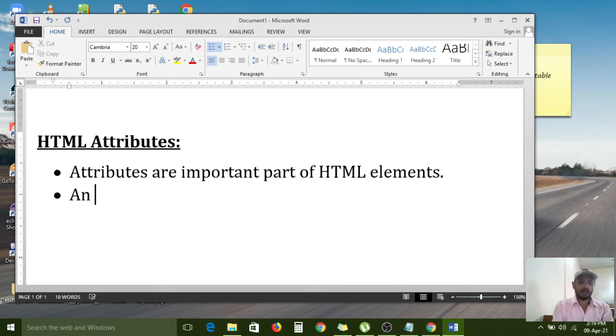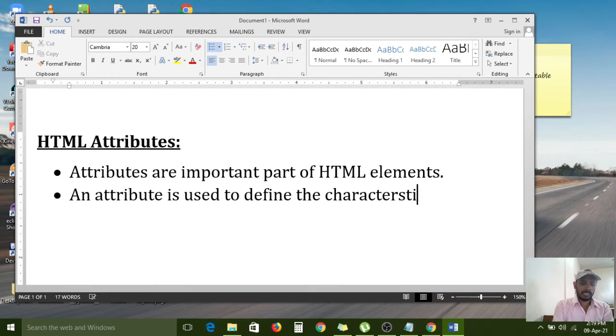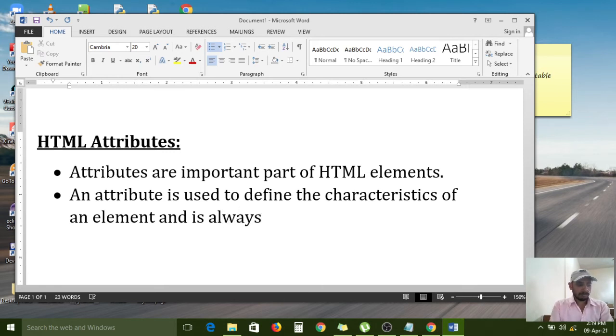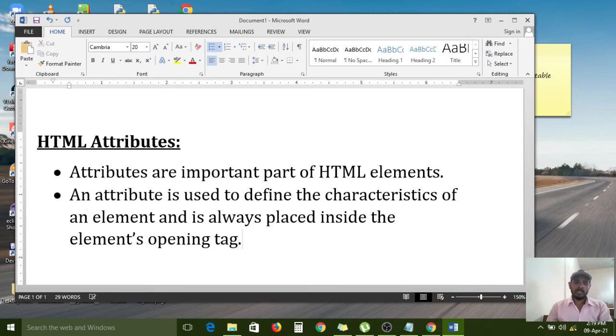And next, an attribute is used to define the characteristics of an element and is always placed inside the element's opening tag. Understand? An attribute is used to define the characteristics of an element.